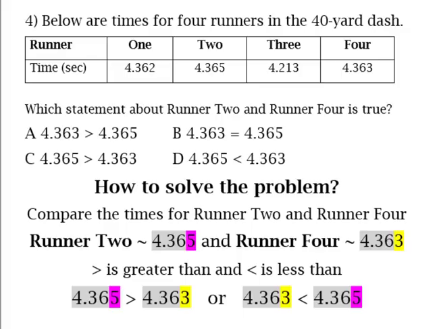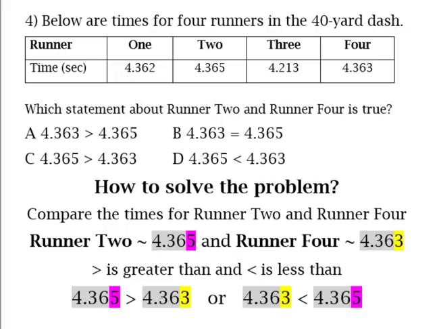Runner 2 has a 5 in the thousandths place, and it's highlighted in pink. And runner 4 has a 3 in the thousandths place, and it's highlighted in yellow. Okay, so remember we said even if the number is after the decimal, the values are still the same. The 3 is smaller than the 5. In knowing that information, we are going to say that